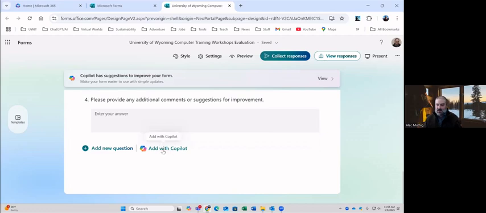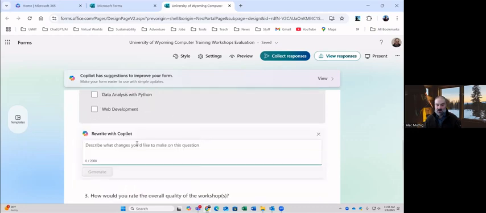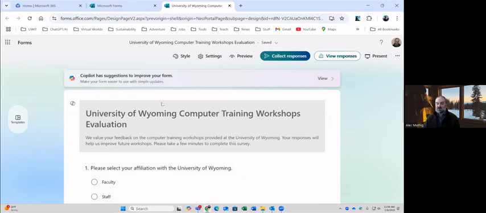So this works for creating new surveys or questionnaires or quizzes in this case, but I can also then go into any survey and ask Copilot to develop specific questions if I wanted to, or edit questions that already exist. Notice every single question has a Copilot button, and I can have Copilot then rewrite the question based on my prompt. So I can go question by question. I did it by survey, but you can go question by question as well. So there's another example of AI built into one of the Microsoft products, in this case, Forms. And again, forms take a long time to build.